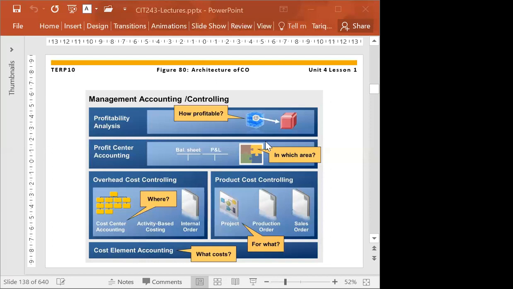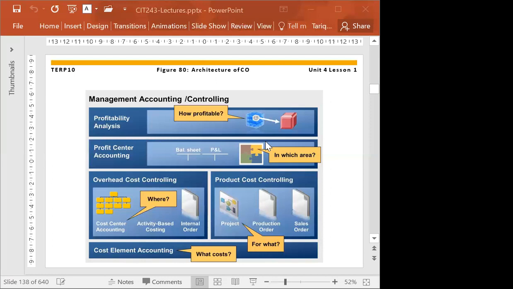Now we do have some other sources that we can get data from. One of them is the vendors' invoices, or you can say account payables. Whenever we create the invoice for any vendor, that transaction gets stored into finance, and then from there automatically it gets transferred to the controlling as well. So vendor invoice is another source of data for this controlling.